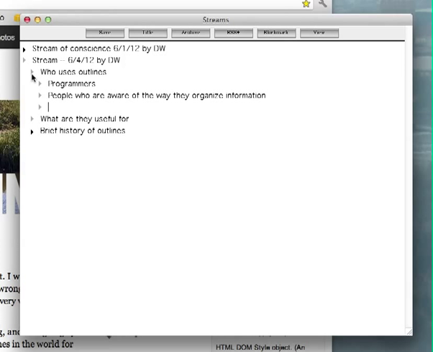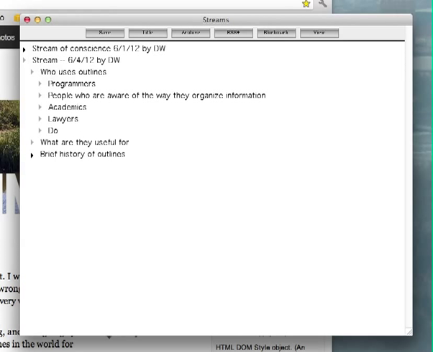So it generally tends to be people, academics, lawyers, big deal with lawyers, doctors, researchers, and managers, execs, CEOs,